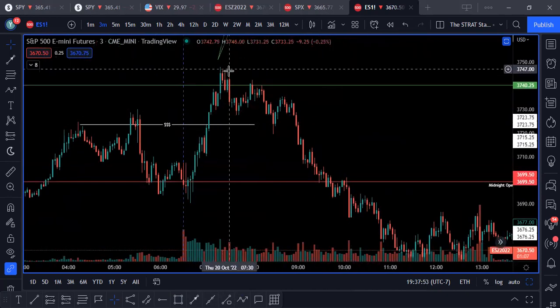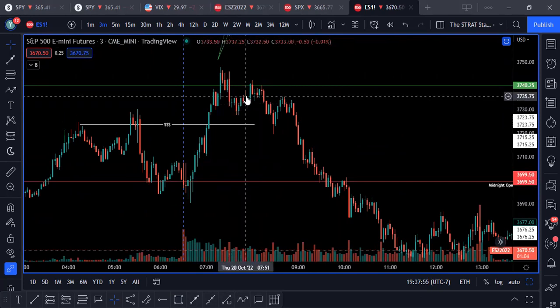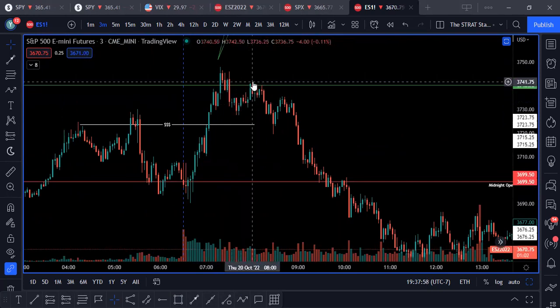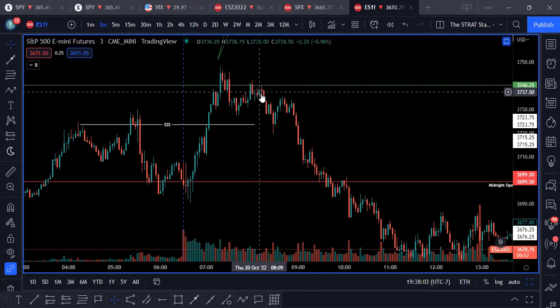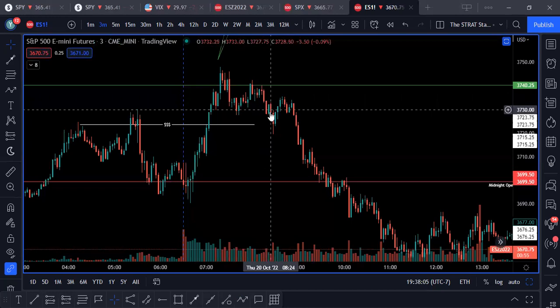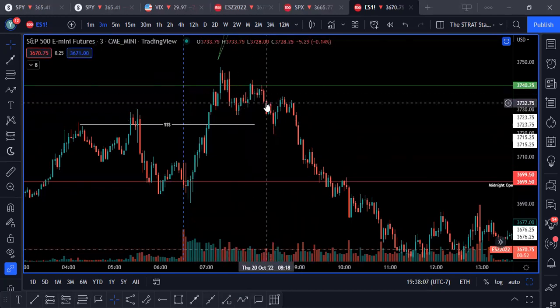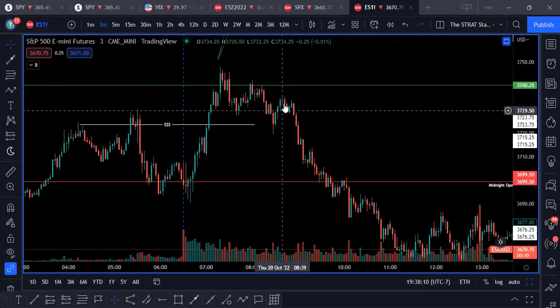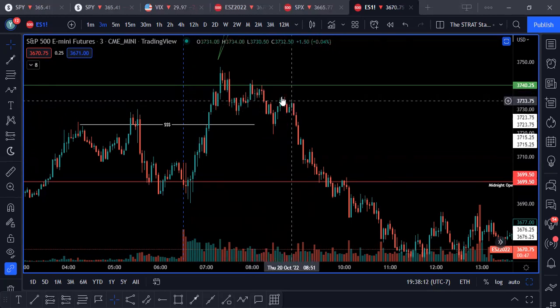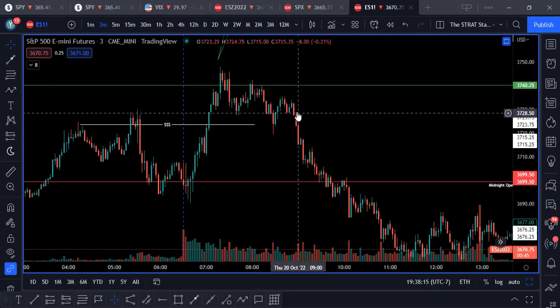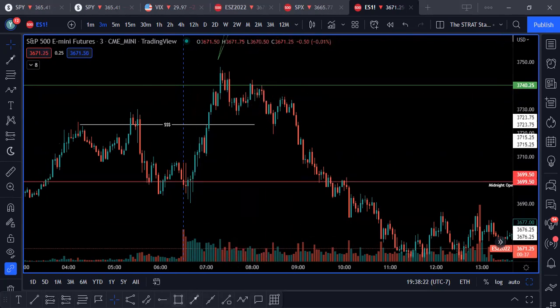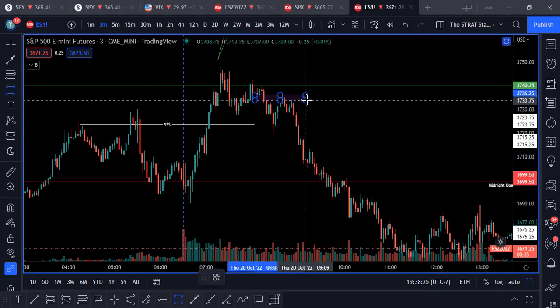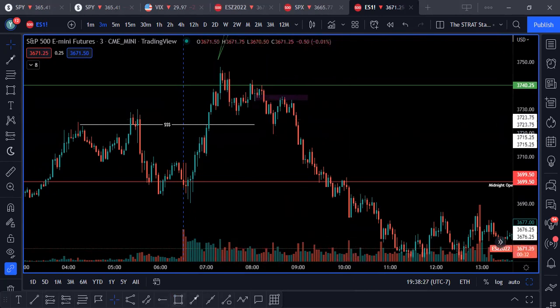But yeah, like here, I got out, I saw this chop, I was just watching, being patient. Once we came back through this level, I was like, I'm probably about to get short, which I knew was going to happen. But when we came down, we sold down so aggressively, and I didn't want to chase right here for it to come back, which it did come back, but it just wasn't as clean. So it took me a second. I remember I ended up entering somewhere over here. So I technically was trying to enter here, but I had stepped away, and when I came back, I'm like, oh shit, it's happening now.